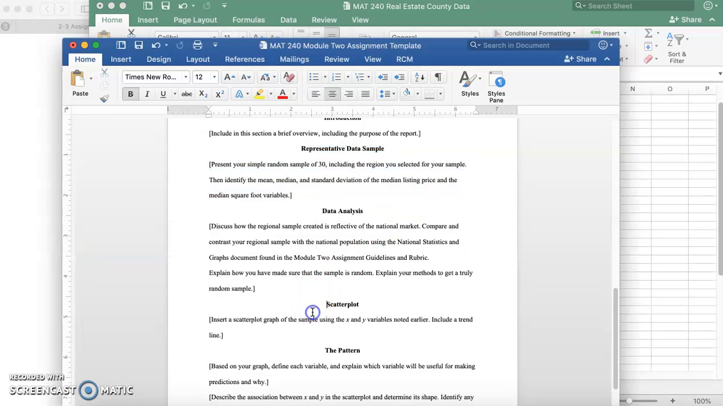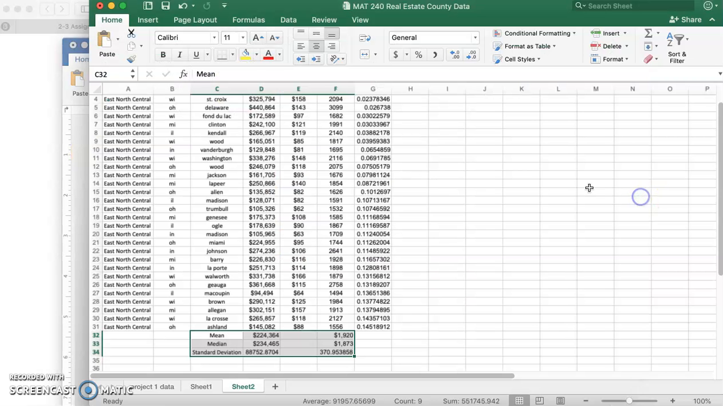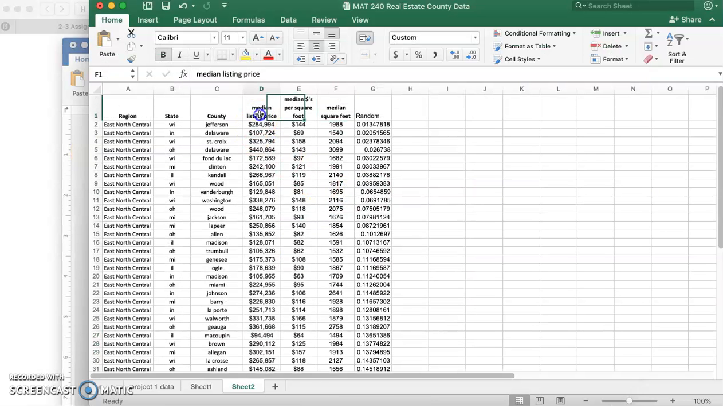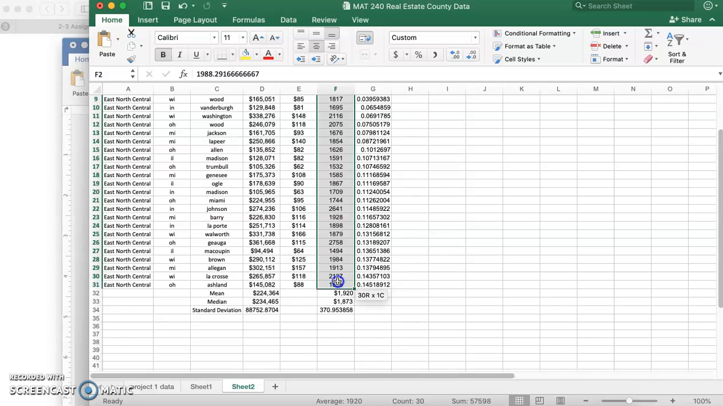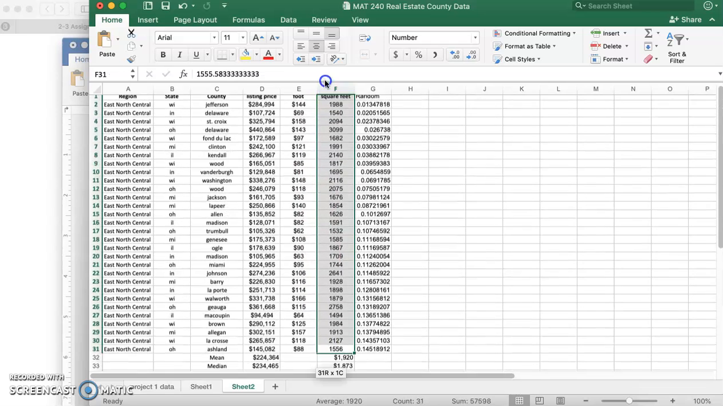All right, so now we're going to go down to the scatter plot. If we go back to Excel, remember we are looking at the median listing price and the square footage. So what we're going to do is highlight this, and we're going to highlight, oops, it helps if I highlight it correctly. Highlight this,